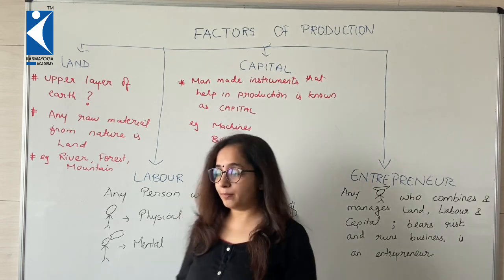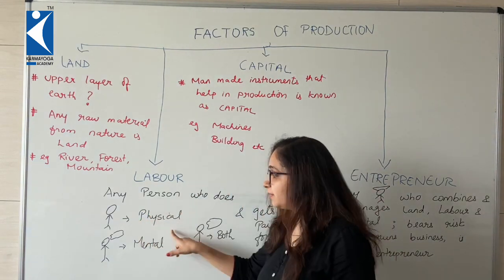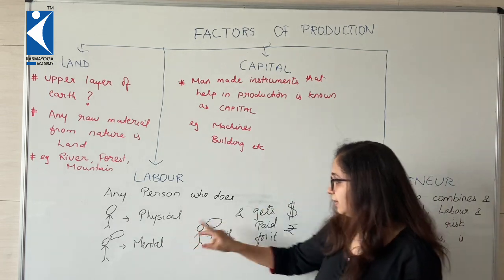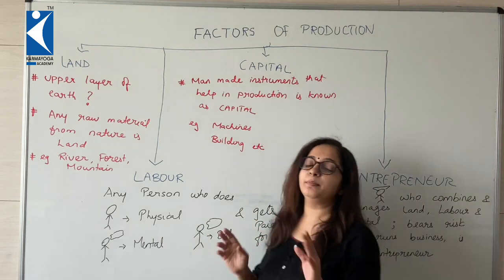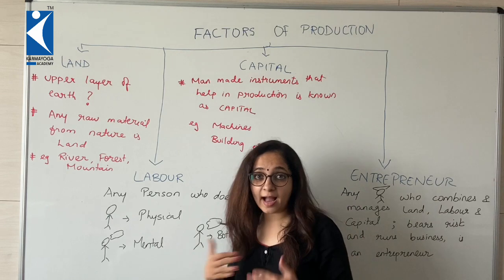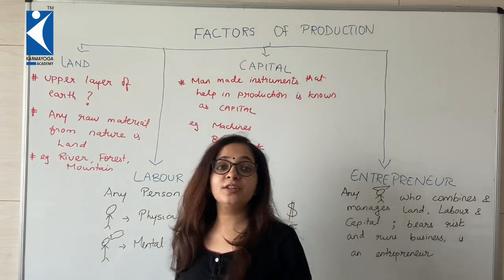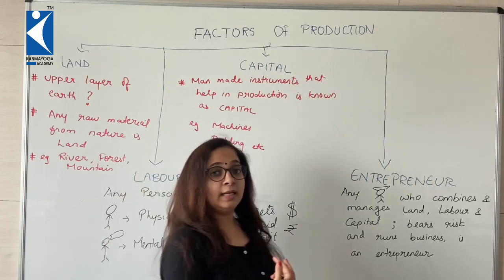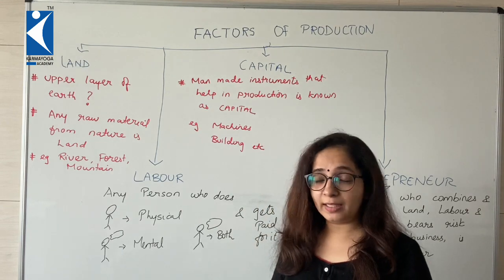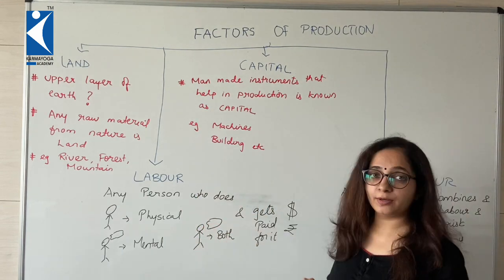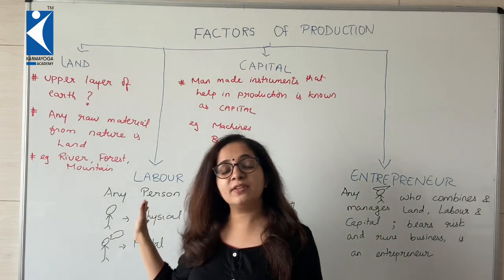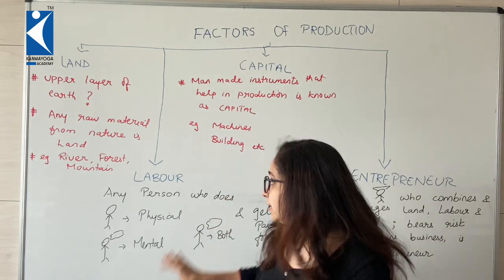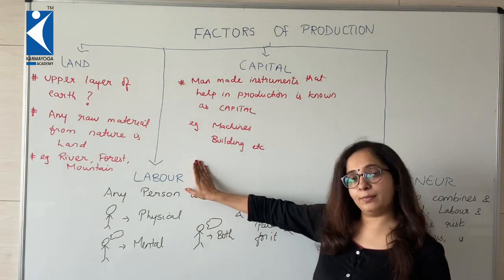Well, in economics, any person who does physical, mental or both work, that is physical and mental, and gets paid is known as labor. So from this definition, yes, I am a labor. According to this definition, yes, Anant Ambani is also a labor. In short, any person who is making money either by doing physical work or mental work, or maybe both, is known as a laborer. So when I made this board, I was using my physical labor. When I am teaching you, I am using my mental labor, so I am using both. Then I am getting paid, so I am known as a labor.